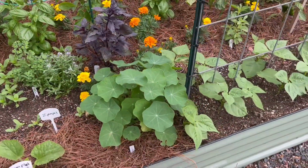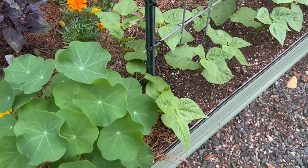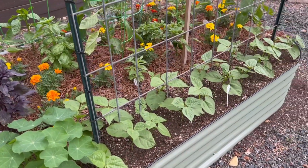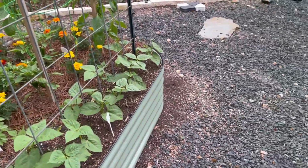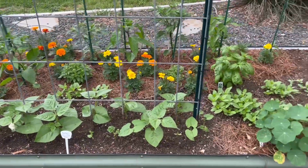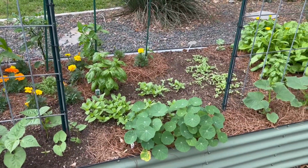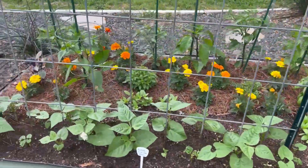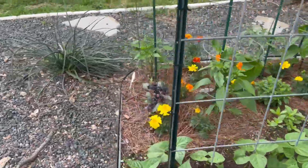These are some nasturtiums that I need to keep pulling this direction because they keep trying to overtake my beans. But then the beans, pole beans there. Other side of the arch is also pole beans. And then between the cucumbers and the beans is some nasturtiums, a couple of those. And if we keep going around,